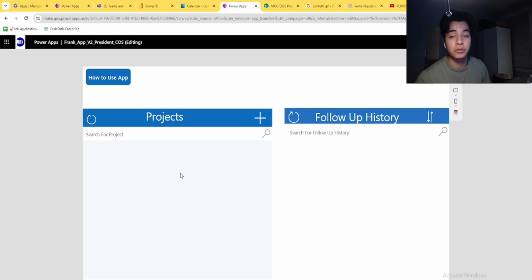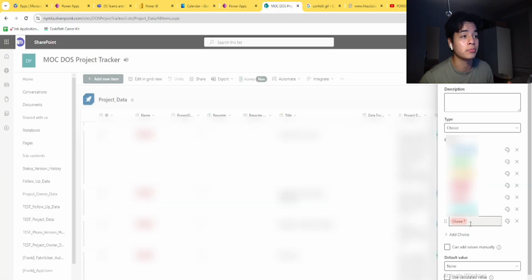I'm not able to see anyone else's projects because of this filter that I've applied. And this allows us to basically have some anonymity, so that we don't see other people's projects. And once I add my name, I'll explain the settings I've applied to the SharePoint list real quick. So the moment I put Frank Gonzalez right here and click save,